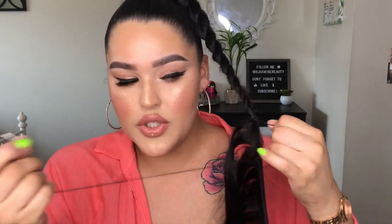And then all I'm going to do is tie a knot into this. I'm just going to tie one knot because I don't want it to be too secure, because I'm probably not going to be wearing this hairstyle very long, just for the video. And I'm going to snip it. And yes, I did snip that with cuticle nippers because that's all I have on hand right now. So now that's tied,